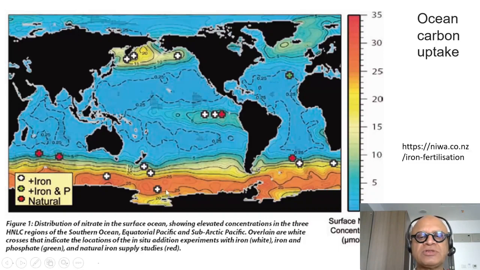high nitrate concentrations in the Southern Ocean and up here in the Gulf Stream and the Gulf of Alaska, North Pacific region. Okay, these symbols here of plus and plus with the red and plus with the green are places where there is potential for driving more photosynthesis as a process of drawing down carbon dioxide from the atmosphere, additional carbon dioxide. So this is an upwelling region where wind diverges water away from the equator because of